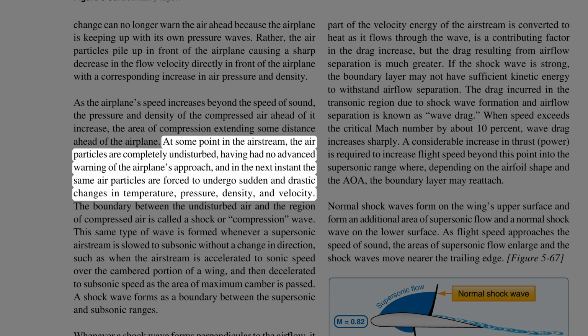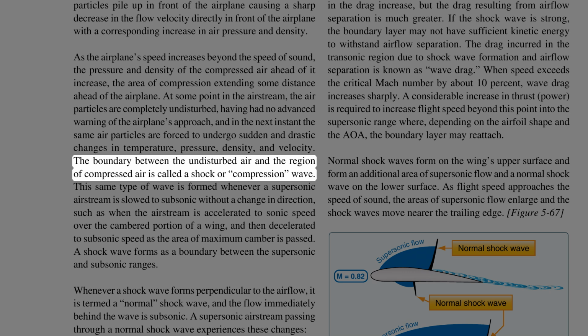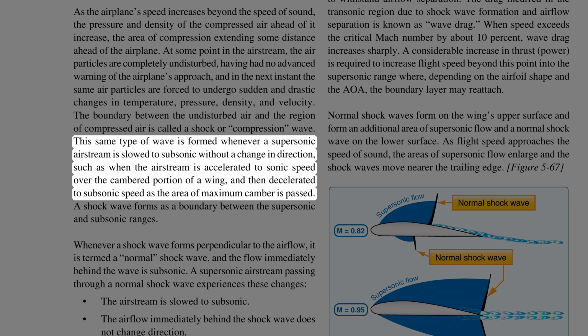At some point in the airstream, the air particles are completely undisturbed, having had no advanced warning of the airplane's approach, and in the next instant the same air particles are forced to undergo sudden and drastic changes in temperature, pressure, density, and velocity. The boundary between the undisturbed air and the region of compressed air is called a shock or compression wave. This same type of wave is formed whenever a supersonic airstream is slowed to subsonic without a